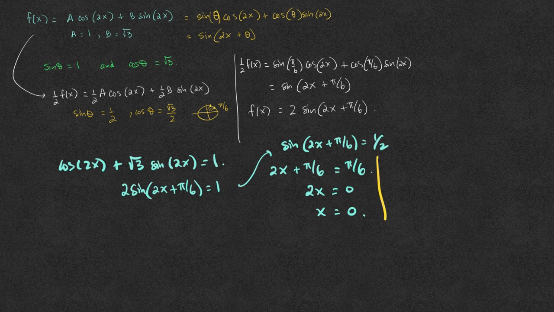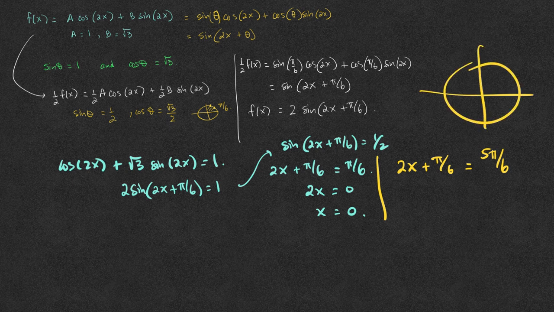Observe that another angle that will give us sine of that angle 1/2 is not just pi over 6, but 5 pi over 6 as well, because this is pi over 6, where y equals 1/2, and this is 5 pi over 6, where the y coordinate is also 1/2. That is, sine of pi over 6 is 1/2, but sine of 5 pi over 6 is